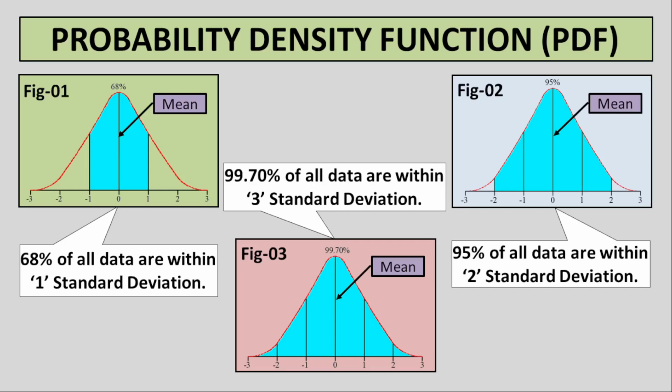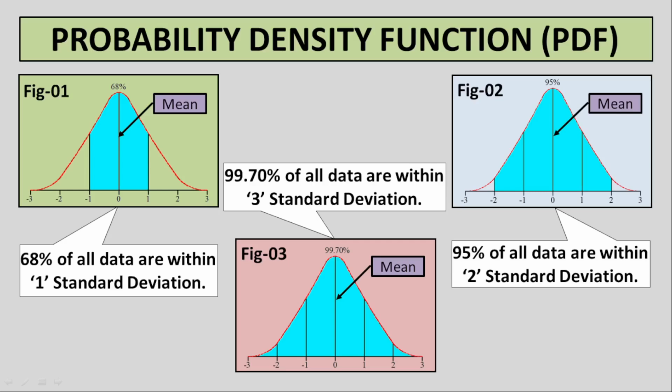In a normal distribution, the data points are clustered around the mean, forming a bell-shaped curve. Figure 1 shows a normal distribution with 68% of the data falling within one standard deviation of the mean. This means that 68% of the observations in the dataset will be within one standard deviation above or below the average value. Figure 2 expands on this, showing that 95% of the data falls within two standard deviations of the